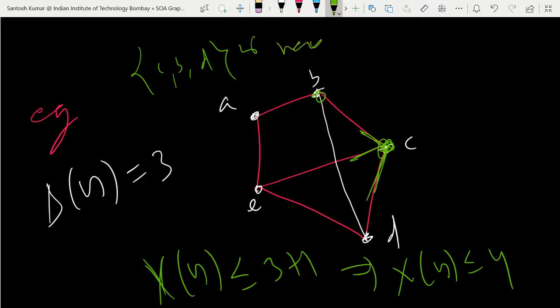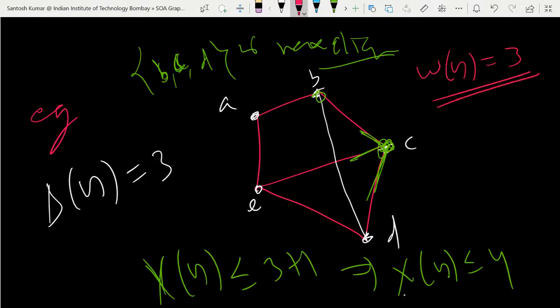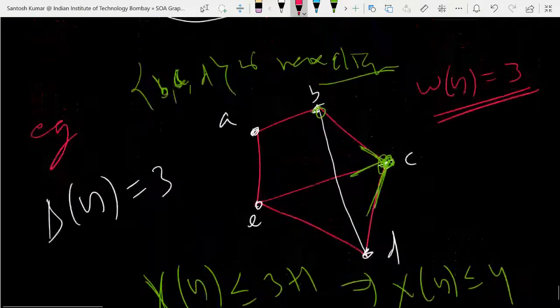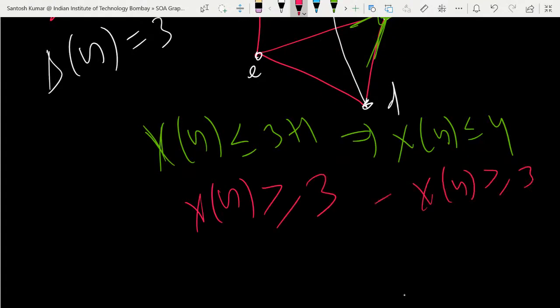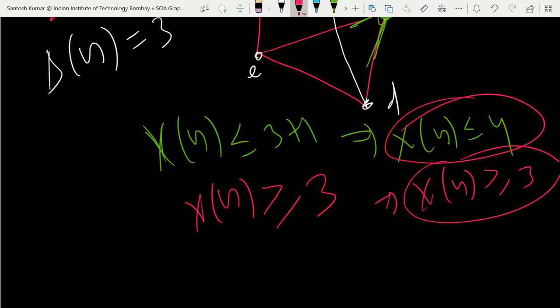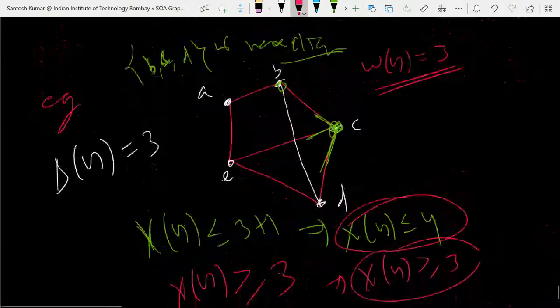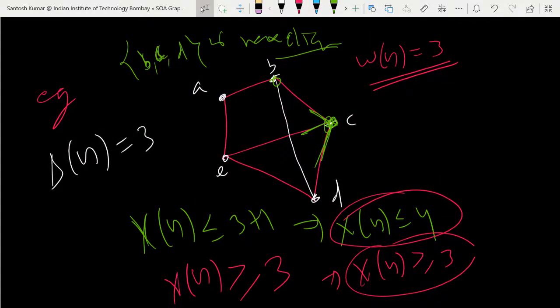So this is the maximum clique, BCD or CDE. What is its size? So 3. So the clique number is going to be 3. So one way you can decide: the chromatic number is going to be greater than or equal to 3. So the upper bound is 4, the lower bound is 3. I'm just trying to verify that result.